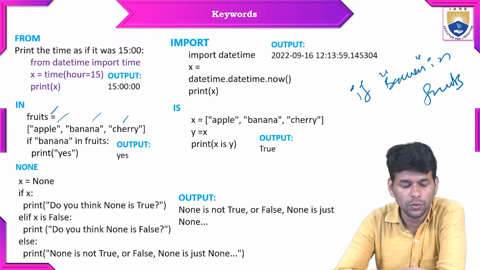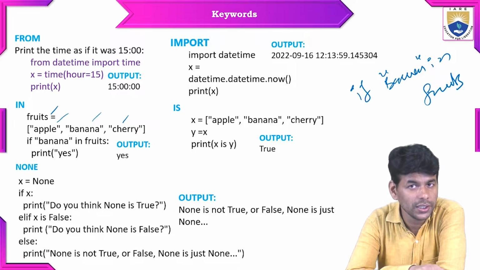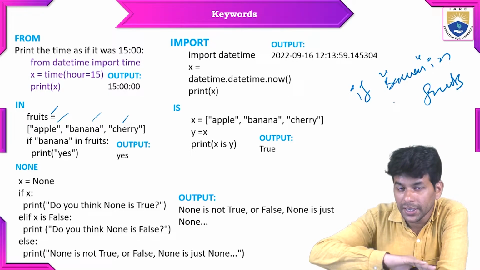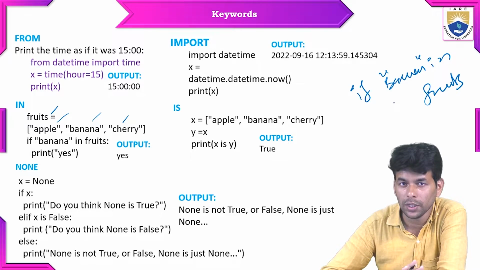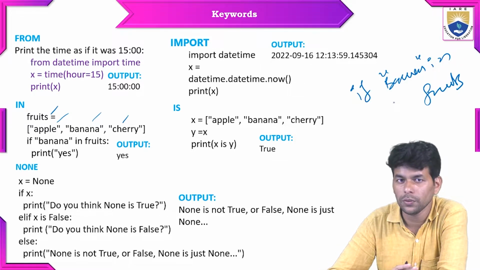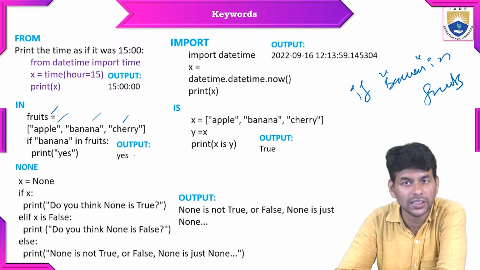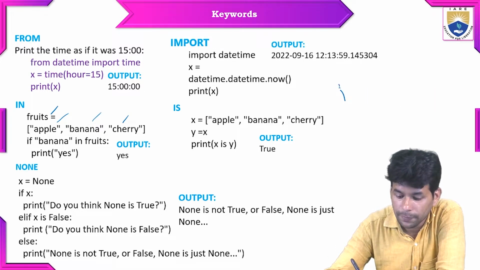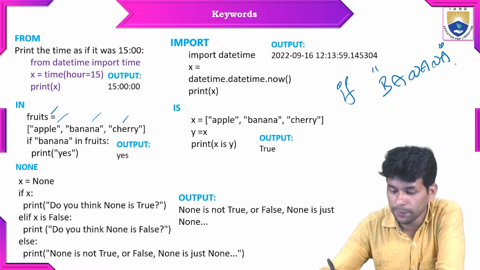Is it clear? So when I am working with this in keyword, it is saying that if that particular item exists in fruits, then only it will return the correct value. Otherwise, it won't return the correct value. Let us see here. If banana is there, it returns the yes value. If I write the condition like this, if BANANA in